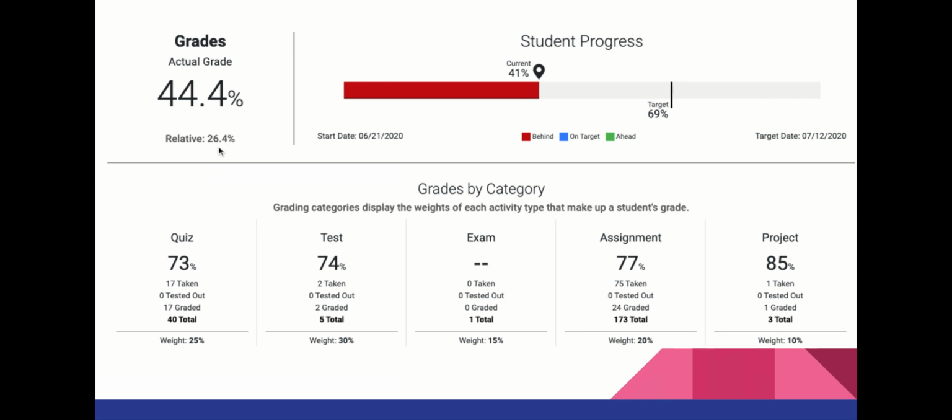The relative grade is an important grade to look at the end of the class. You must have a relative grade of 60% or higher in order to pass the class at the end of the semester. Your progress bar is color-coded for you as well. Here's where you're supposed to be. Here's where this student happens to be. And it's red because